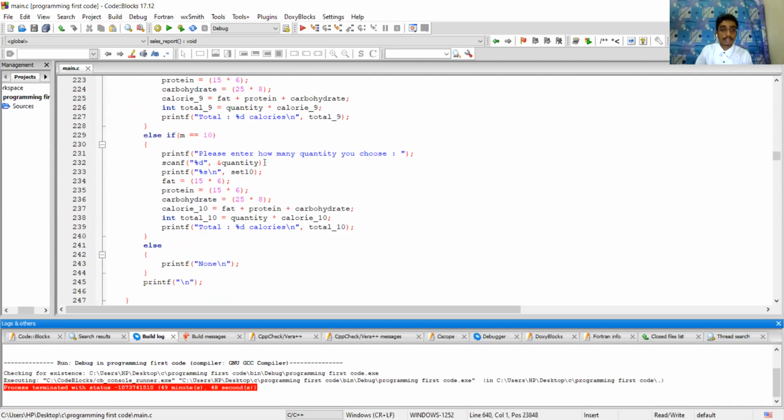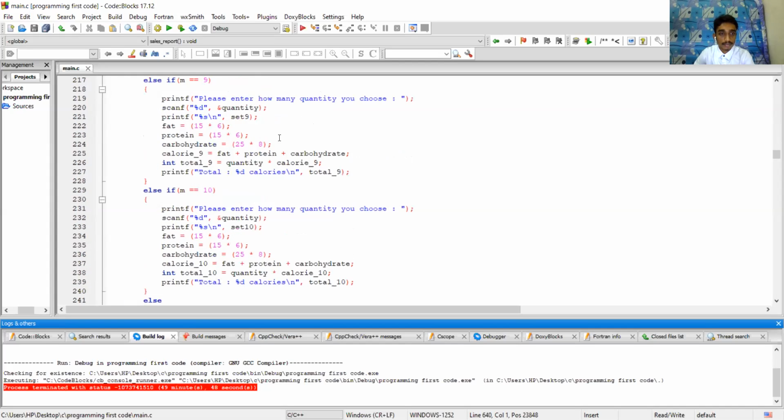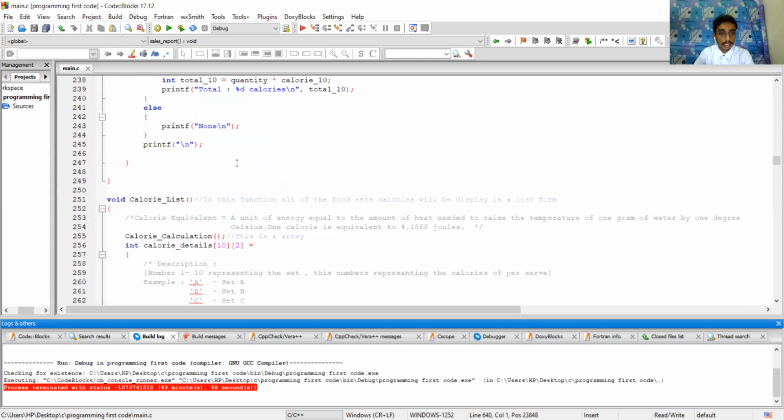All of these calories will be calculated, and at the same time it will ask about the quantity ordered by the customer for each and every food set, and it will be calculated and displayed in each of the if else statements. And then this function will be done and it will jump into the next function,